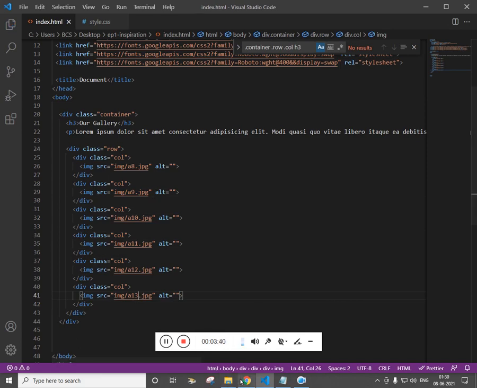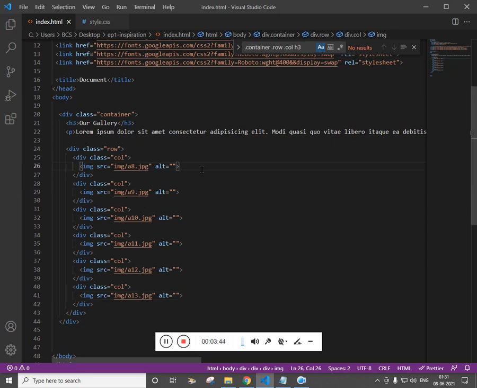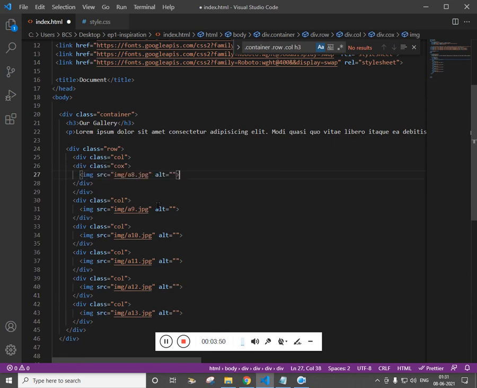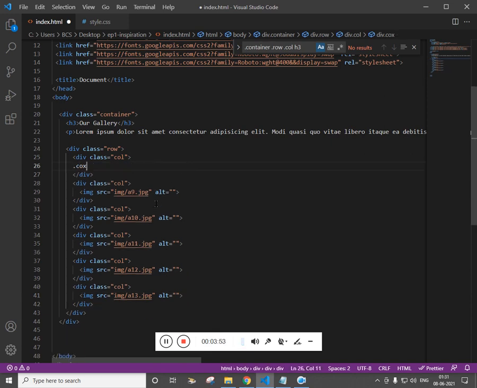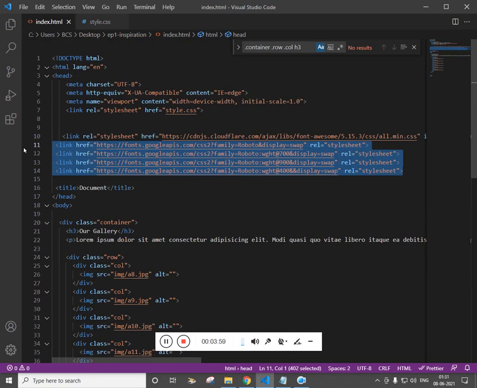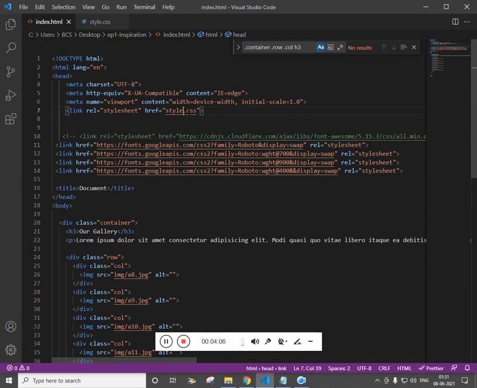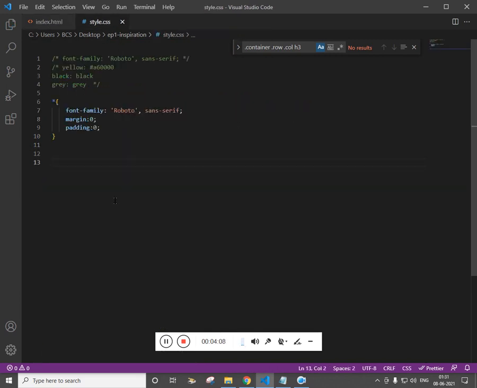Now if you see, there is no space. If there is space, I will add another div, let's say box, and inside the box I will have the image. Since we don't have space, there is no need of the extra div box. Fine. Now on the head tag I just added the font Roboto, and I have added the font awesome icon. Here we don't need this, and I have added the external style sheet. So this is the external style sheet which we are going to design right now.